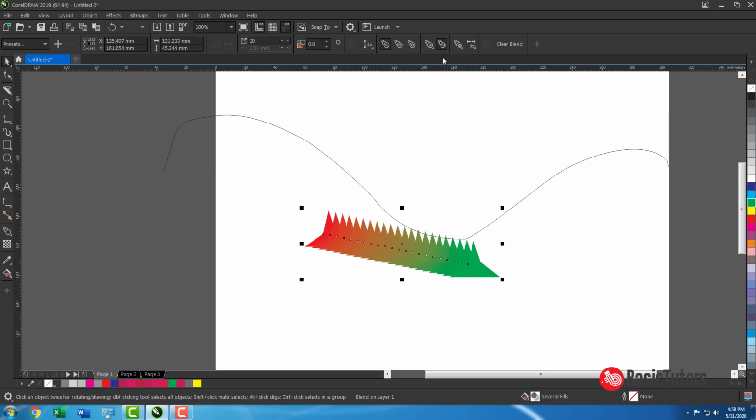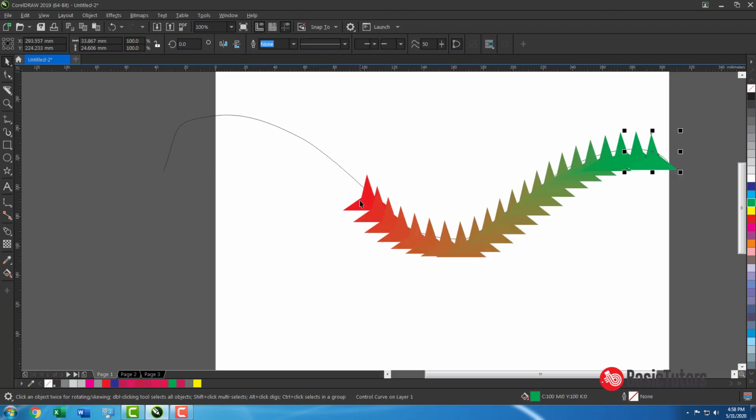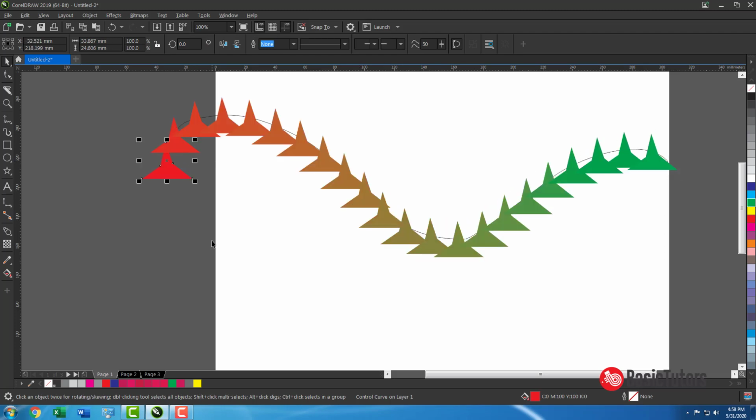See, click this, select a new path. Now you can watch the object direction.